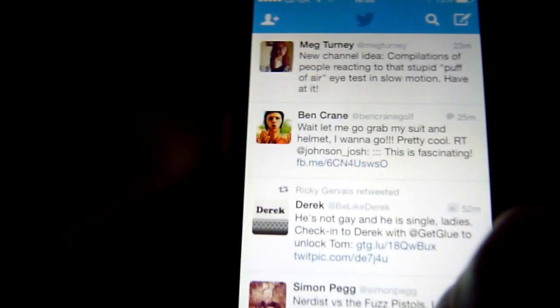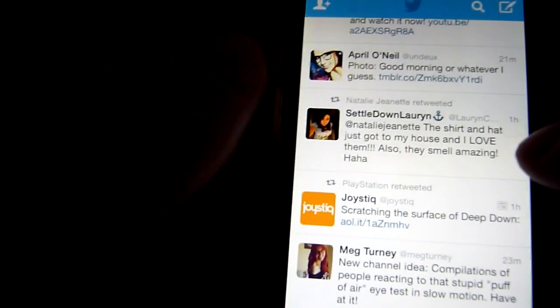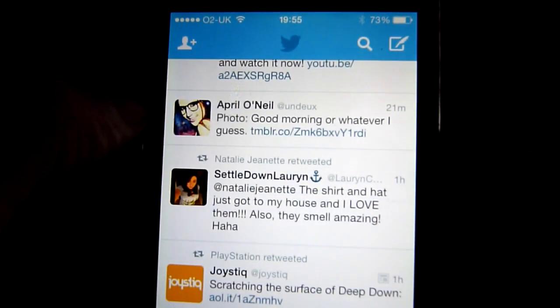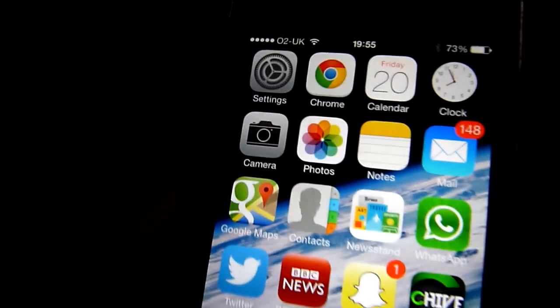The Twitter one hasn't been as extensively overhauled as the Facebook, but they said in the coming weeks to expect a big overhaul for that, so that could be exciting times for those Twitter users. Anyway, so that's pretty much covered the whole of it. I think in conclusion, I think the